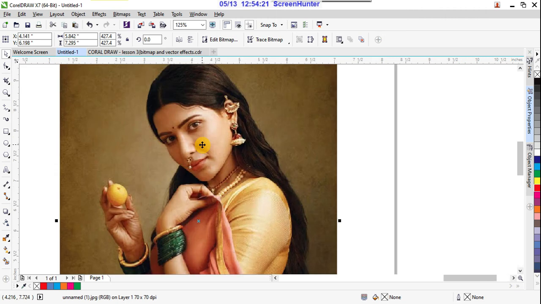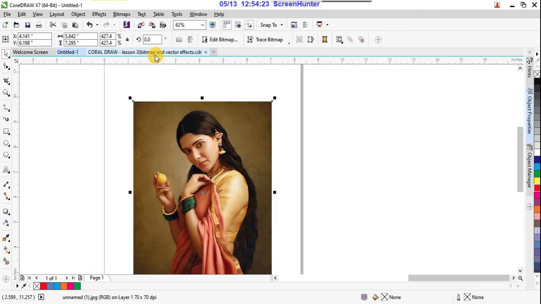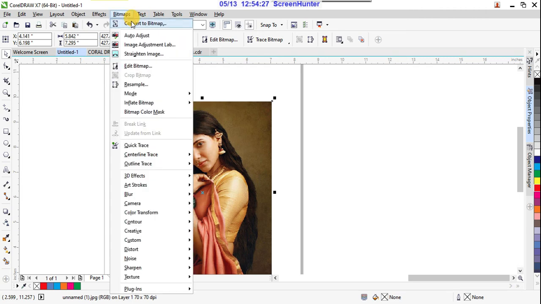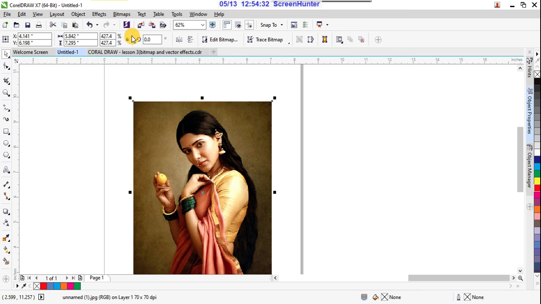Because it is image already bitmap, so no need to convert this into bitmaps, already bitmap. Suppose here auto adjust, suppose here the adjustments, color adjustments options are there, so already it is adjusted. Control Z, it is coming to normal.